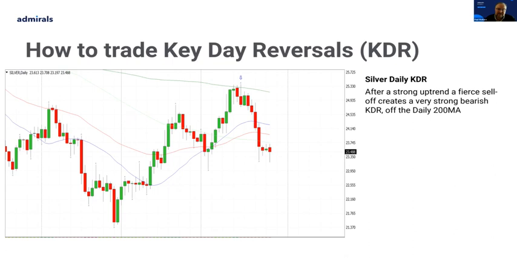So, here's an example of a silver KDR. This was a lovely trade. And there you go, even if I say so myself. Price has been in an uptrend. On the daily chart price puts in a very nice bull flag, okay? The bull flag ended with a pin bar. Price rallies up to the 200 period moving average. You'll see on my charts, even though most of these are price action, I'll also have the blue 20, the red 50, the green 200 period moving average on my charts to help me.